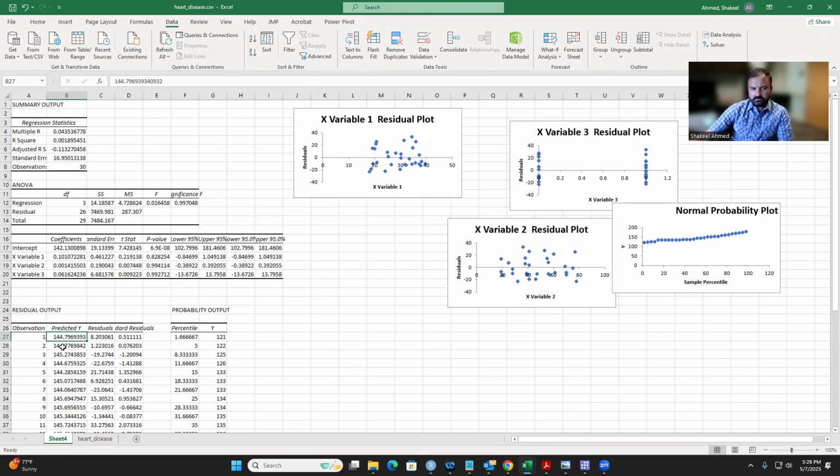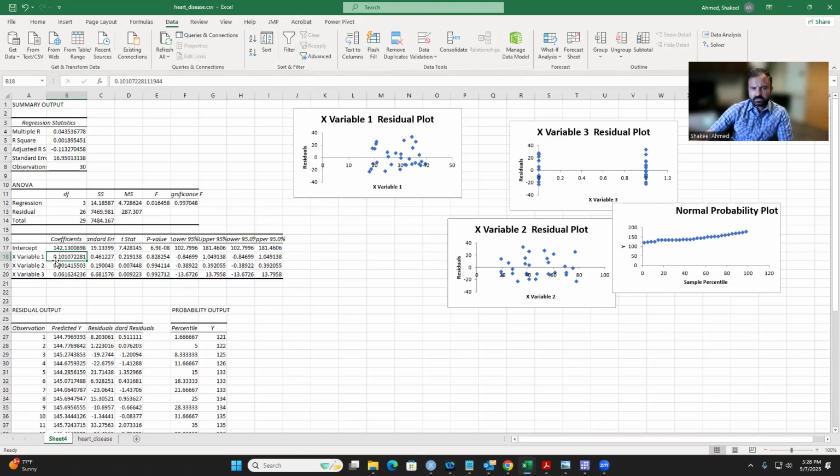And this is 142.13, sorry, and this is the coefficient corresponding to variable x1, that is body mass index,